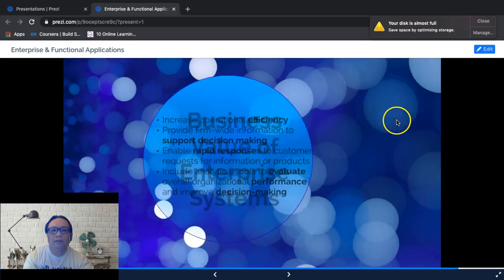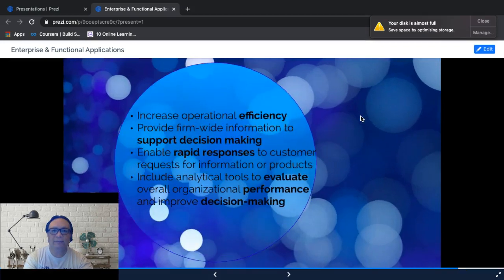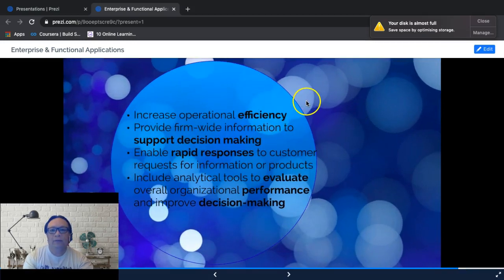The last one that I would like to highlight is related to the business value of enterprise systems. Basically, I know what an enterprise application is, I know what a functional application is, I know where to get this and how to use it, and what's in it for an organization. It doesn't increase your profitability, but it would hopefully enhance your efficiency. Less error, kesilapan tu mungkin kurang apabila menggunakan machine,